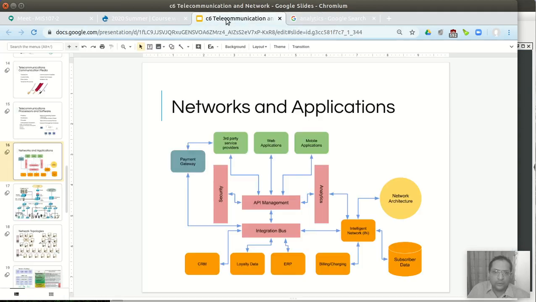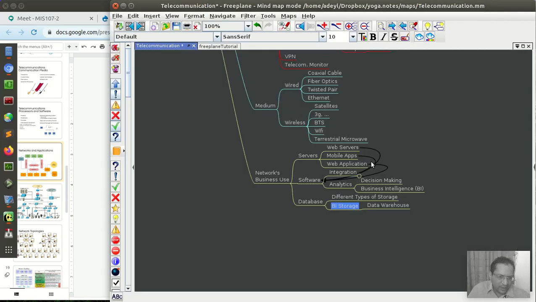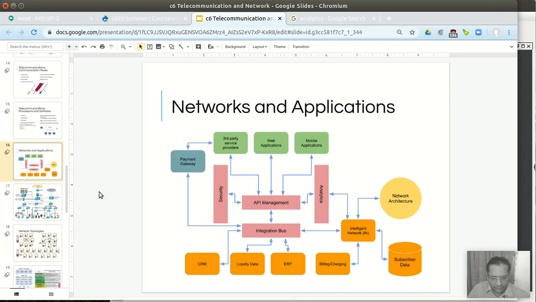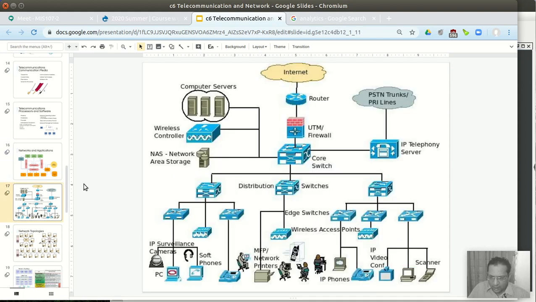Okay, so over here we looked into how this network, essentially the information system, is connected. So we looked into networks, business use or different business uses. This is an information system. We looked at what is part of an information system: hardware, software, database, network. Of course, we are talking about network connecting them, and then people. So except people, this is all the major business use. Network is very important to connect all these. So internal network and external network are very important to connect all this. All right, we are closing in.